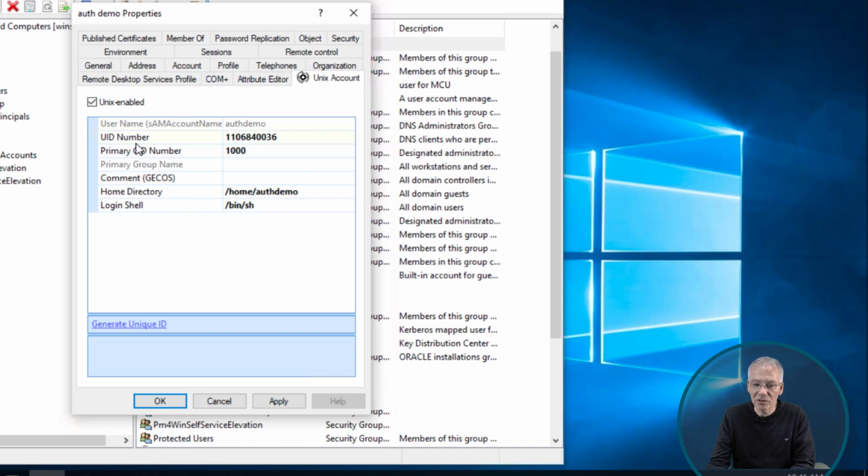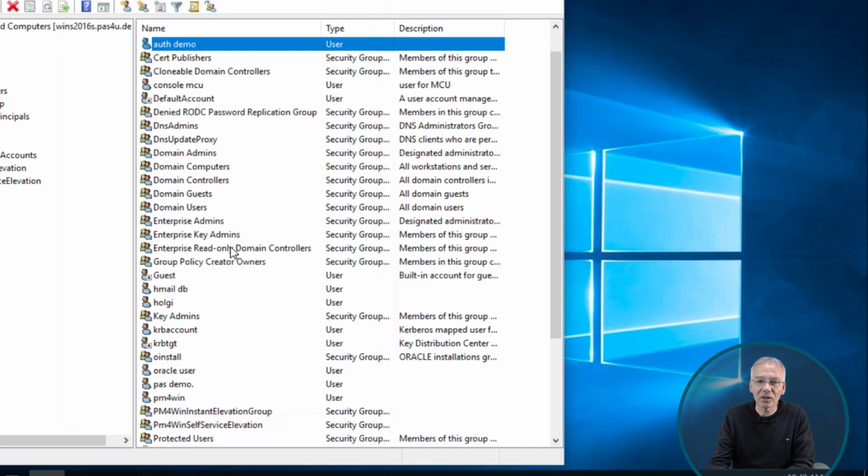And the most important thing is the UID number. The UID number is the unique ID that is now generated for this user, and it looks in your whole Active Directory environment to make this number unique. And that is pretty important because this is the number you're being identified with in all these various systems connected together via authentication services. And if that's not unique, you're going to be in the same trouble you want to get rid of because you have selected authentication services to help you with. Okay, so now this is the Unix ID number, and you simply can click on OK,